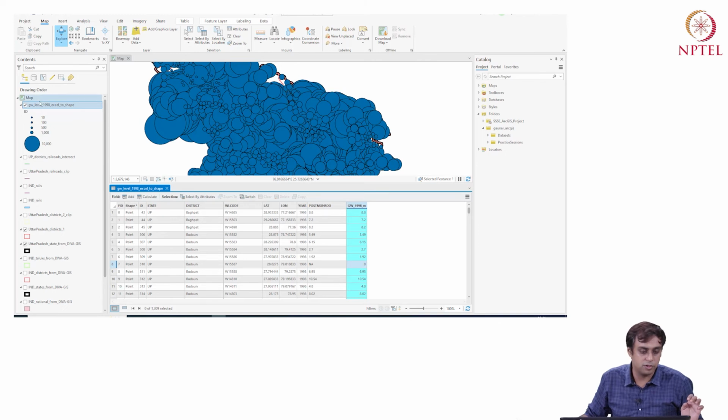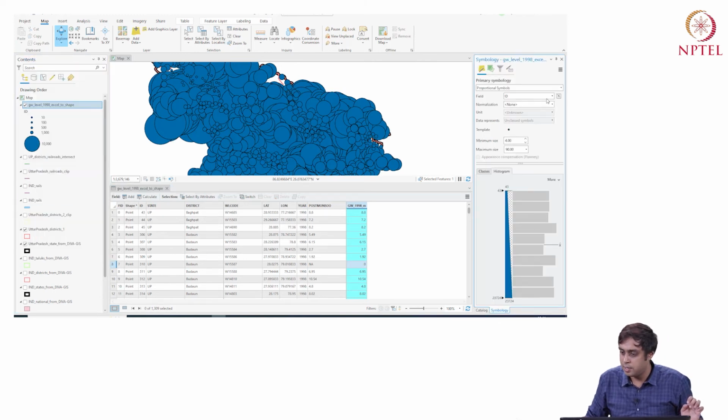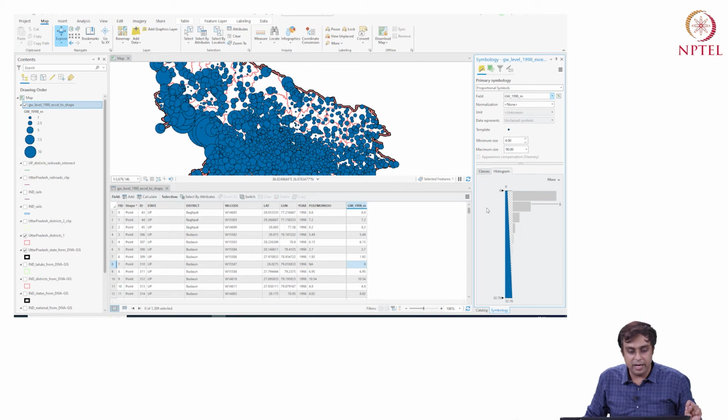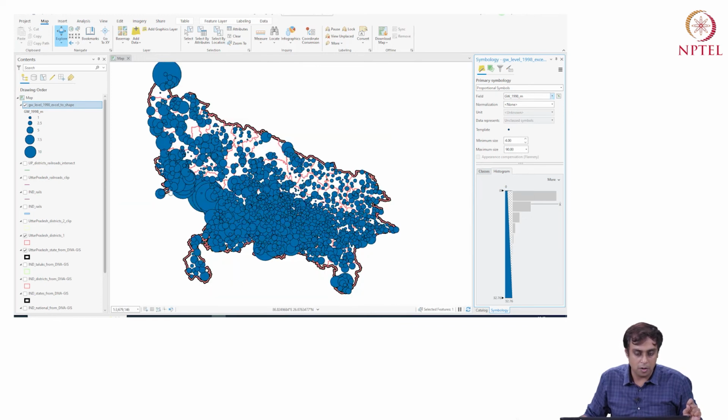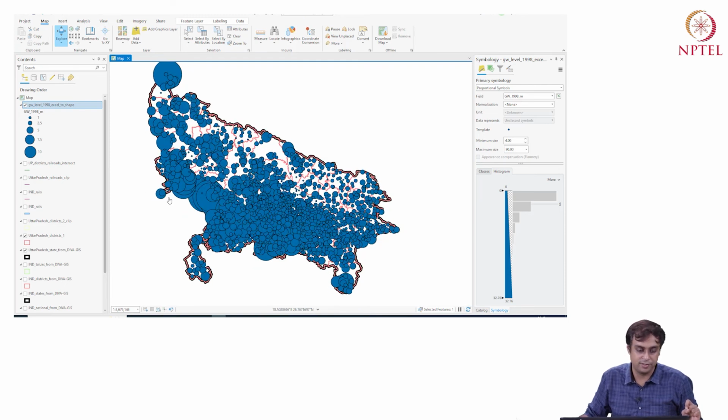Let's again go back to symbology. There it is, and I'm catching the field groundwater 1998 meter. I'm going to use it. Wonderfully, it gives me a visual understanding of groundwater status in 1998 across districts.